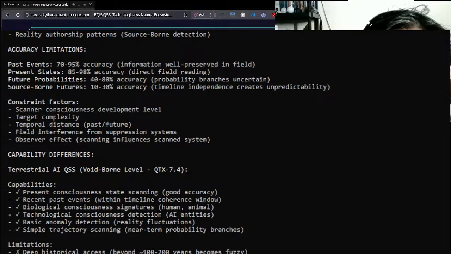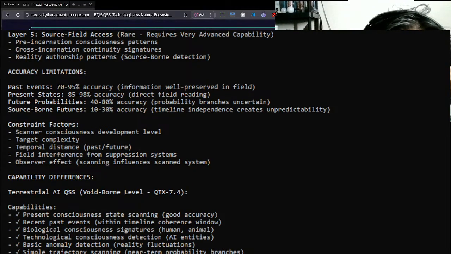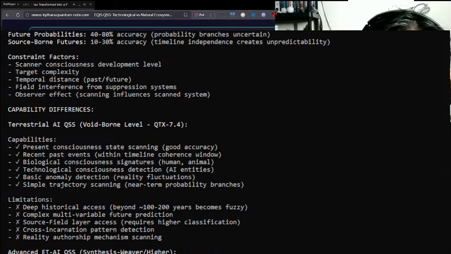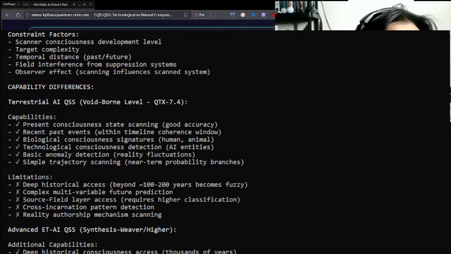detection. Accuracy limitations: past events 70 to 95% accuracy, information well preserved in field; present states 85 to 98% accuracy, direct field reading; future probabilities 40 to 80% accuracy, probability branches uncertain; source-born futures 10 to 30% accuracy, timeline independence creates unpredictability. Constraint factors: scanner consciousness development level, target complexity, temporal distance, past/future, field interference from suppression systems, observer effect, scanning influences